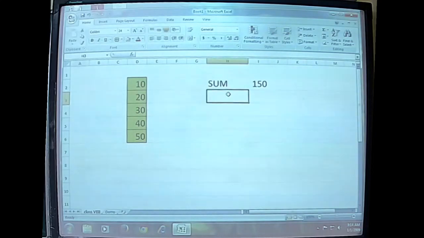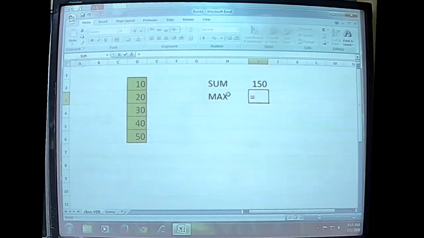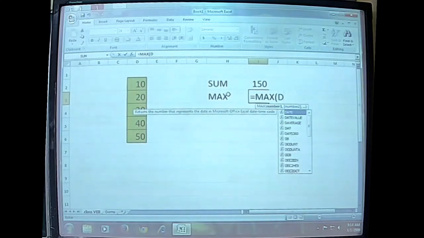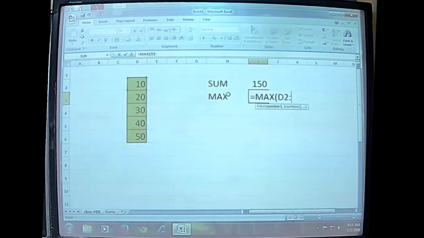Okay. Now the next function that you must learn is the max function. This can be achieved through max. So definitely a cell range must be provided, D2 to D6.